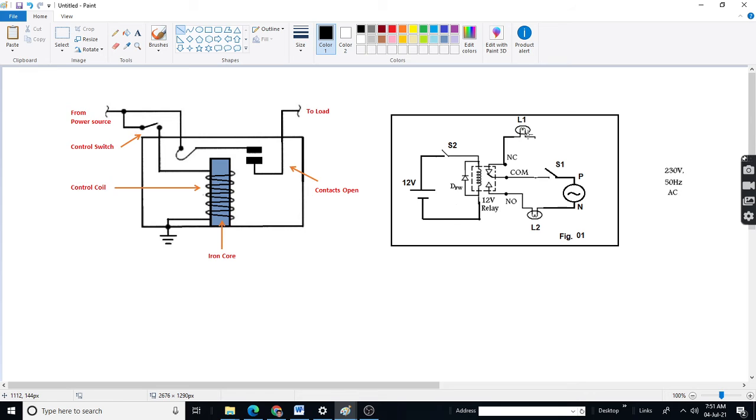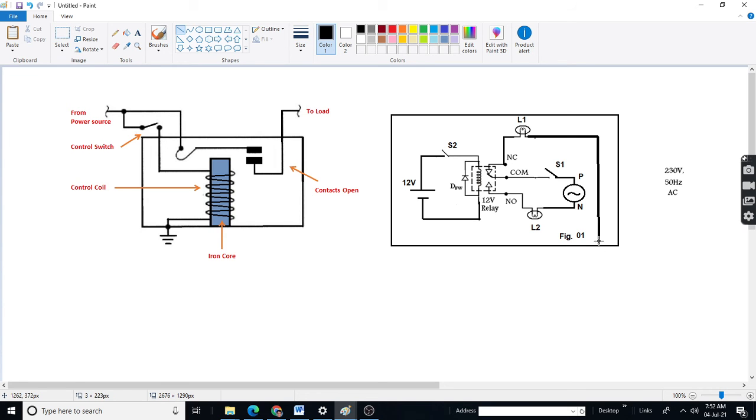See, when relay is not energized, lamp 1 will glow due to the NC contact.